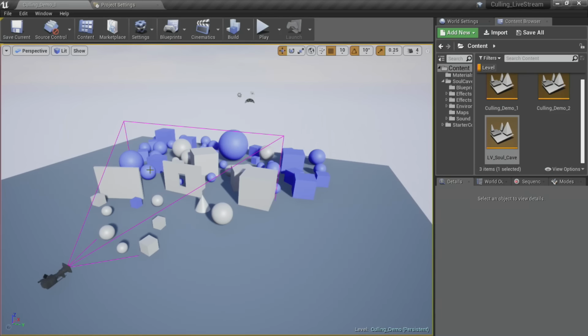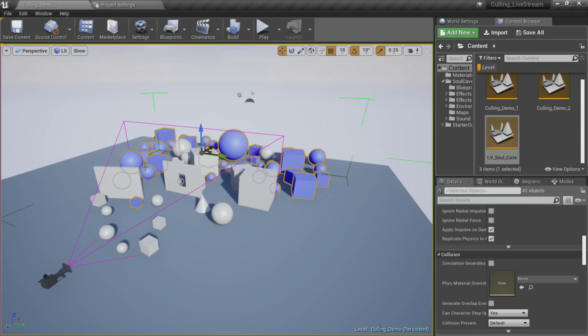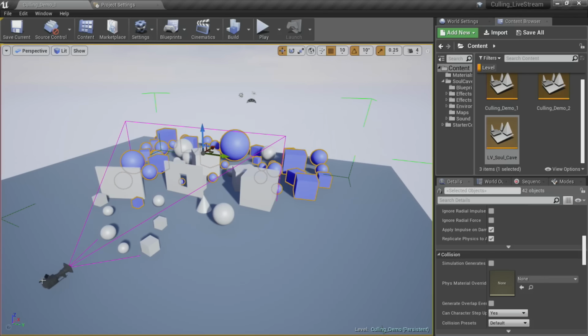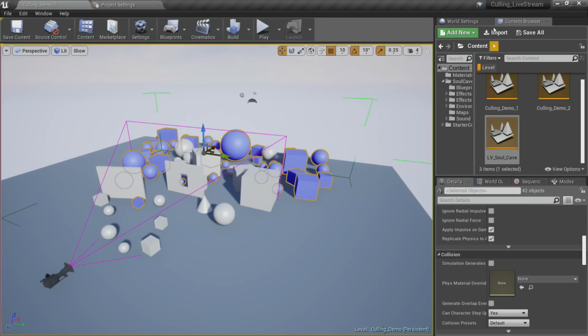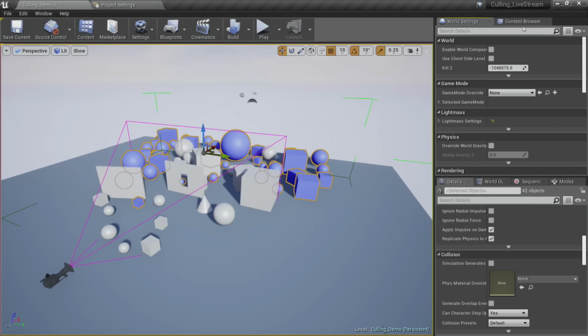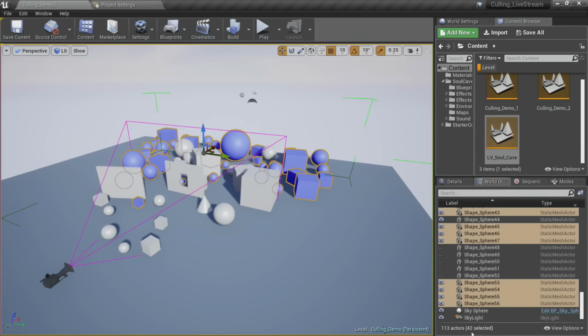So I just hid them for a second just to show you. And then we've got all these other ones too, all these blue ones, that are occluded by other objects. So again, if we highlight our camera, those are objects that we never see. So why do we need to pay the performance cost of those? This is where the GPU comes in with dynamic occlusion automatically, and it checks all the objects within the view frustum, off into the far, far distance, and just goes, okay, I don't care about all these. There's 113 actors right there that are selected, that we just don't really care about.